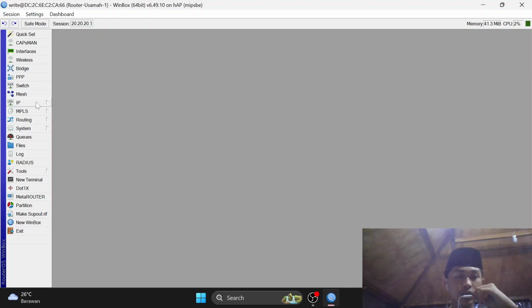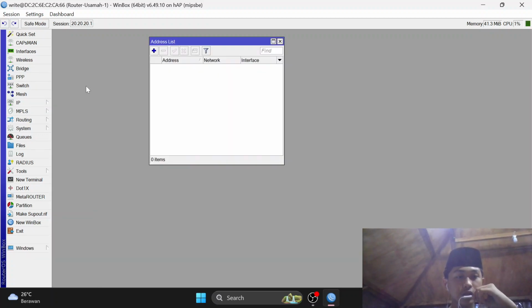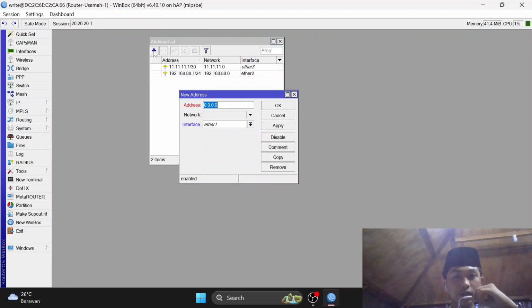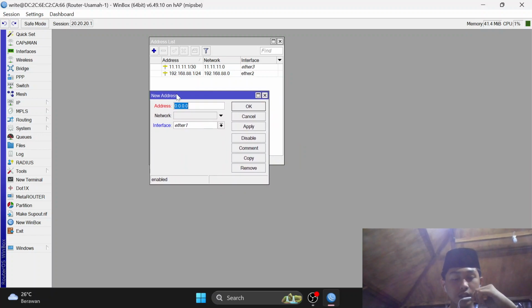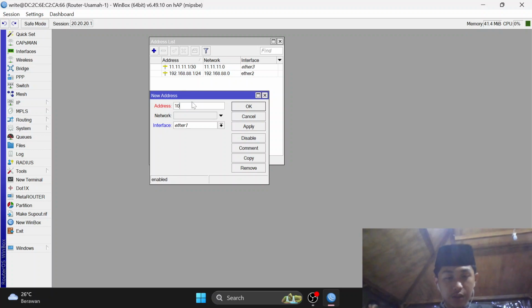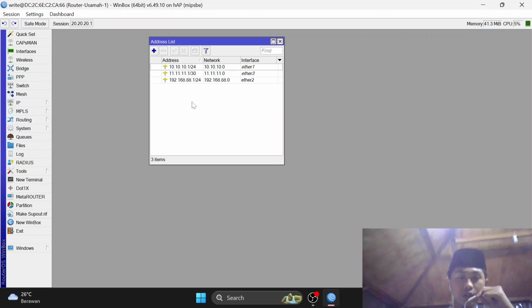For example, here let's go to IP address again. Now, in this IP address, we can add a new IP address configuration. Let's try maybe 10.0.0.1/24 like before, using ether1, apply and then okay.